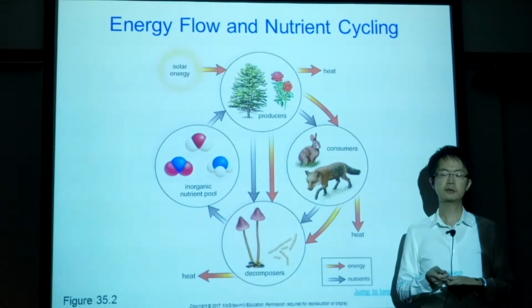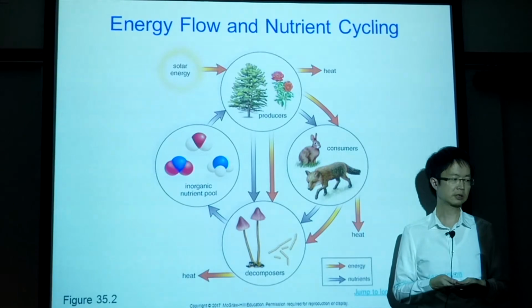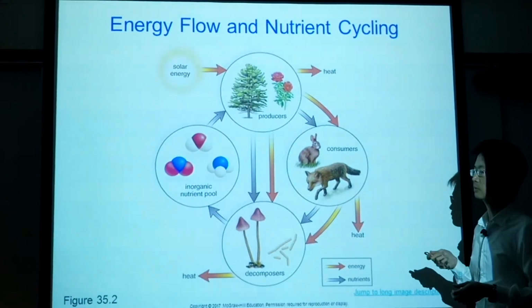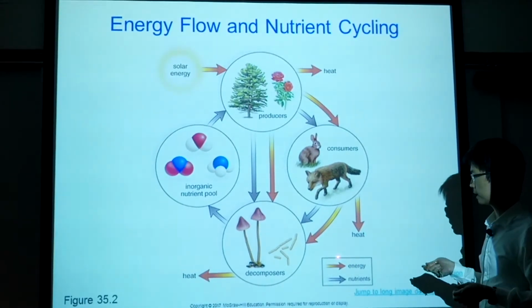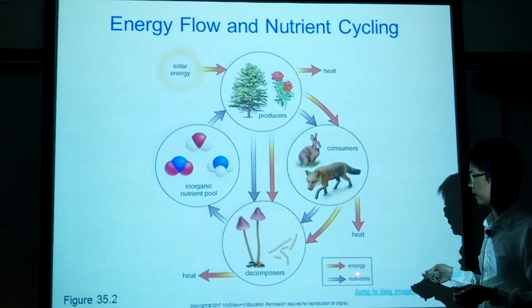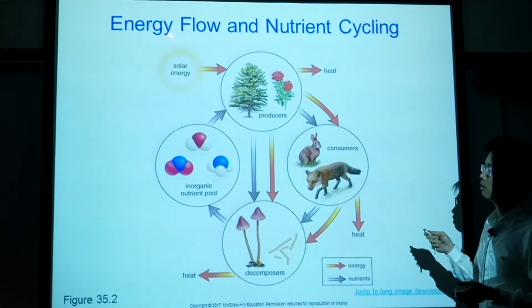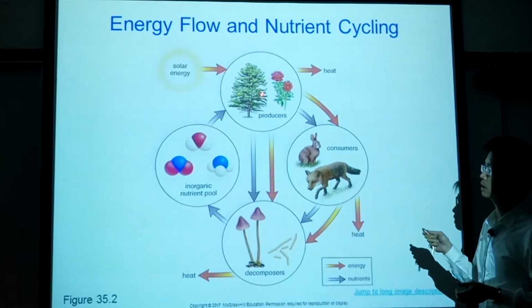So at the end of last video, we gave you an overview of energy flow and chemical cycling. Here is a diagram that gives you the overall view of these two. The red arrow is the energy flow. The gray arrow is what you may call chemical cycling. So all energy comes from the sun, and the producer